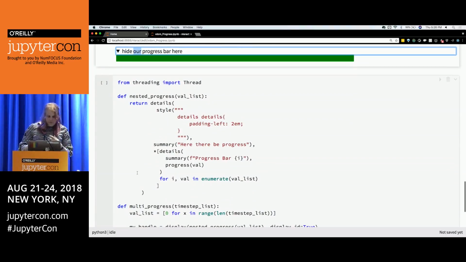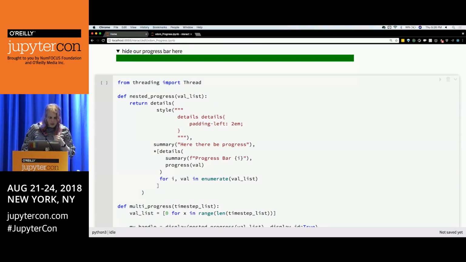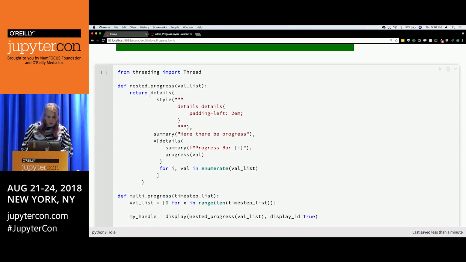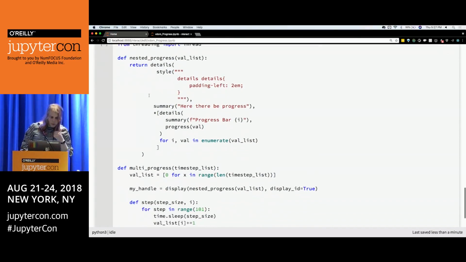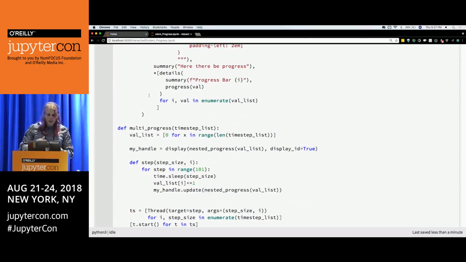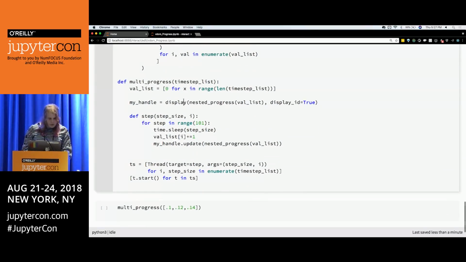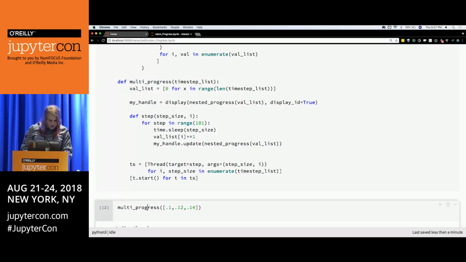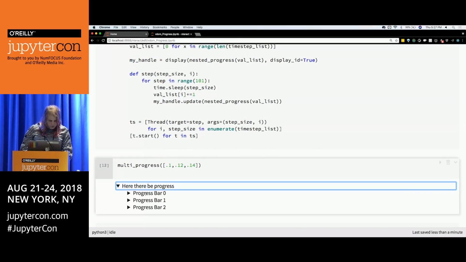If we want to make it a little bit fancier, here we've got some nested progress bars. We've got multiple things happening inside. We're going to run some code inside threads to be able to update those steps. And this will work inside of Interact. And I'll show you what happens inside of Jupyter in just a second. But